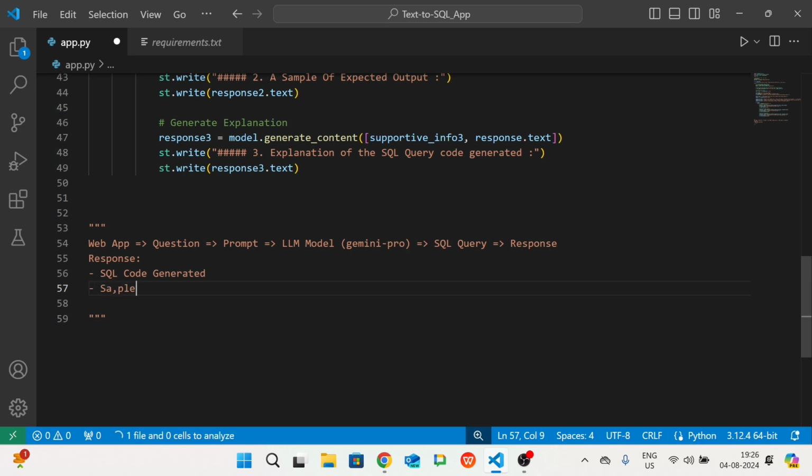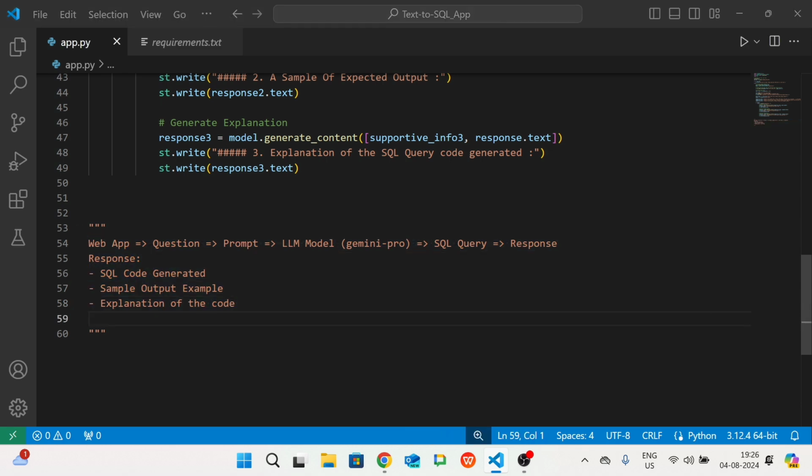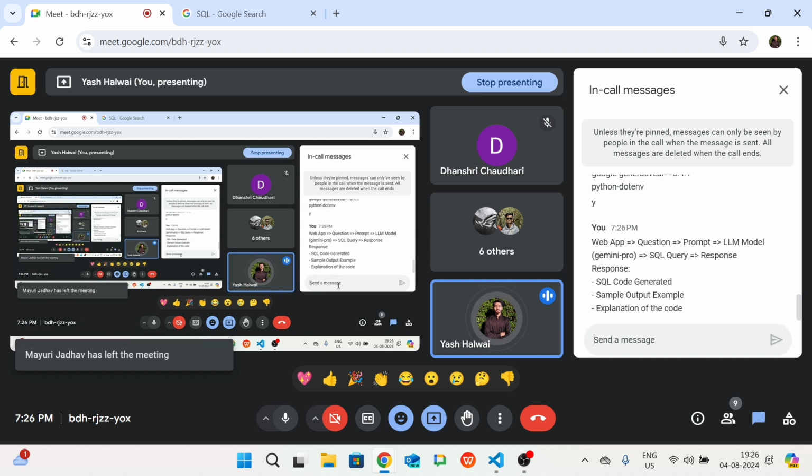It will show you the sample output, how this query will be implemented. And the third part will be the explanation of the code. So I hope the working of the application is clear to all. In this way our application will be working. A basic flow chart is in front of you. Is it clear what the flow of the application will be? Let me know. Good, good.